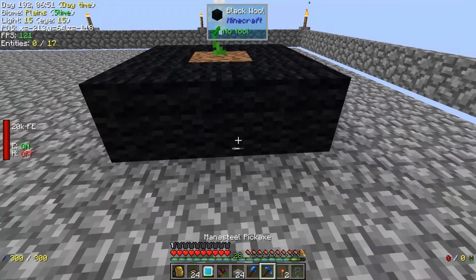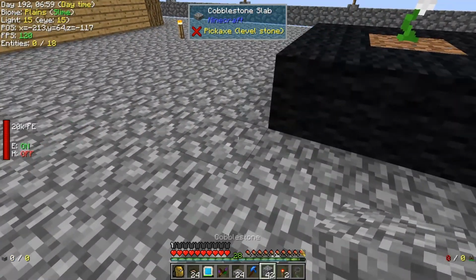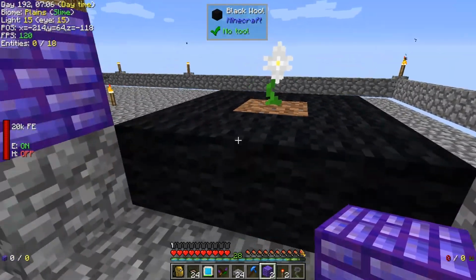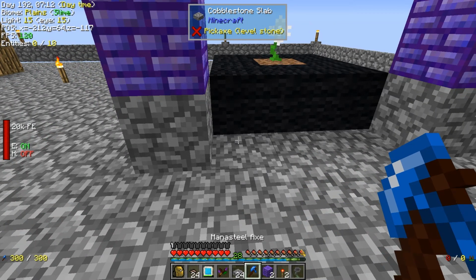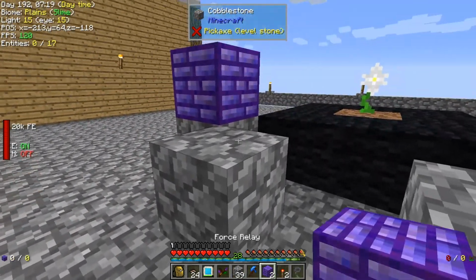Step 2, we're going to set up the force relays, or we're going to place them anyway. Let's take some cobblestone. The primary force relays, and this is from Jancy's design, are going to go right here and right here. Now, my addition is putting them also, need the cobblestone, putting them here and